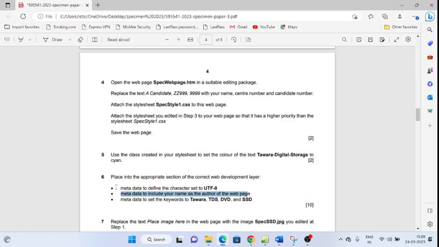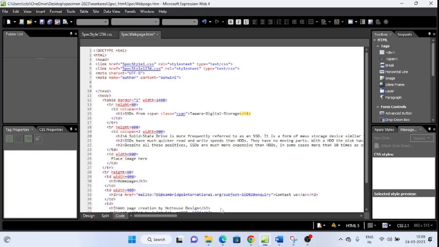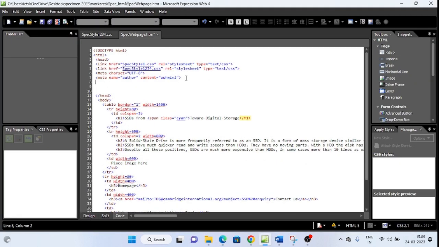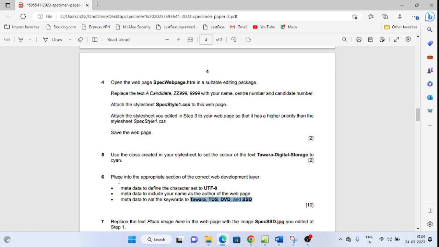Next, metadata to set the keywords to Tawara TDS DVD. So we have to create one more meta tag for that, meta, and then name will be keywords and content will be the one which is written there, and then bracket close. So metadata we have done with here.